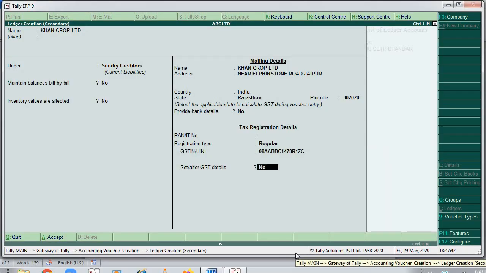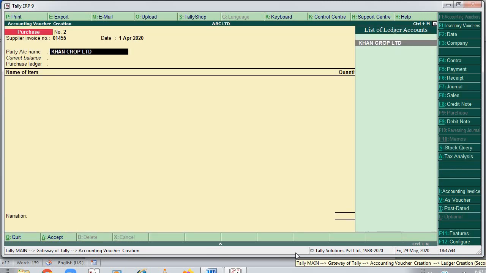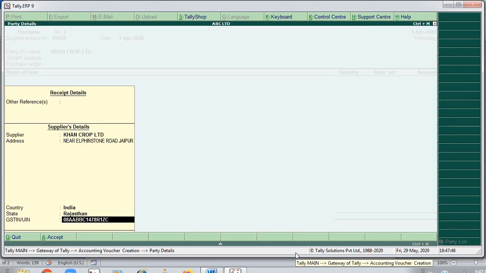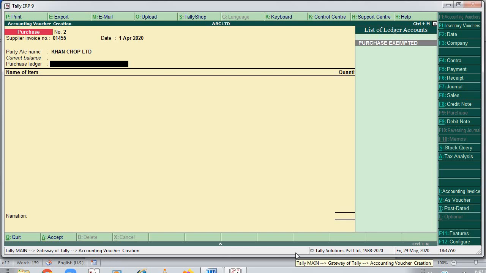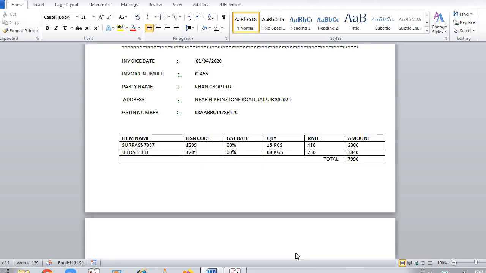Enter, enter, enter. Then again you press enter, enter, enter. Now here already the purchase ledger has been created, so press enter. You did not have to create it again if it is already created.